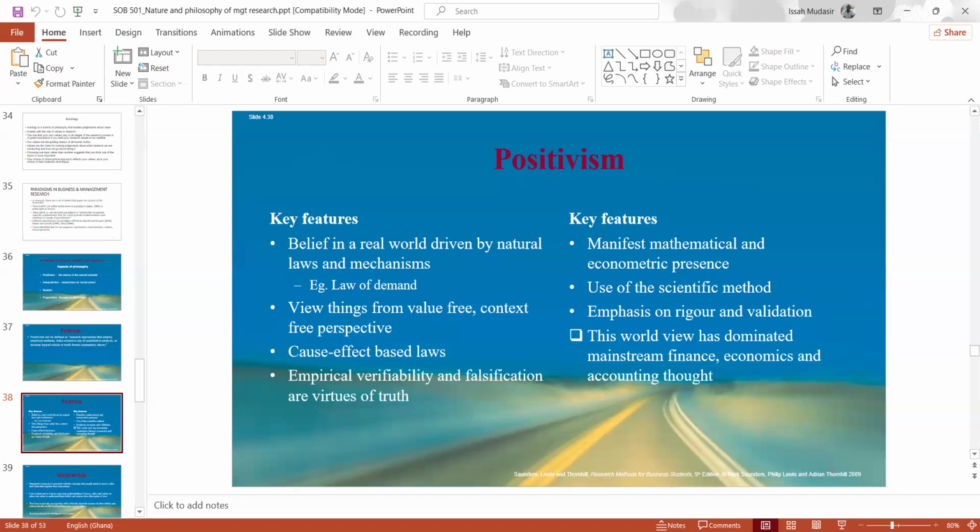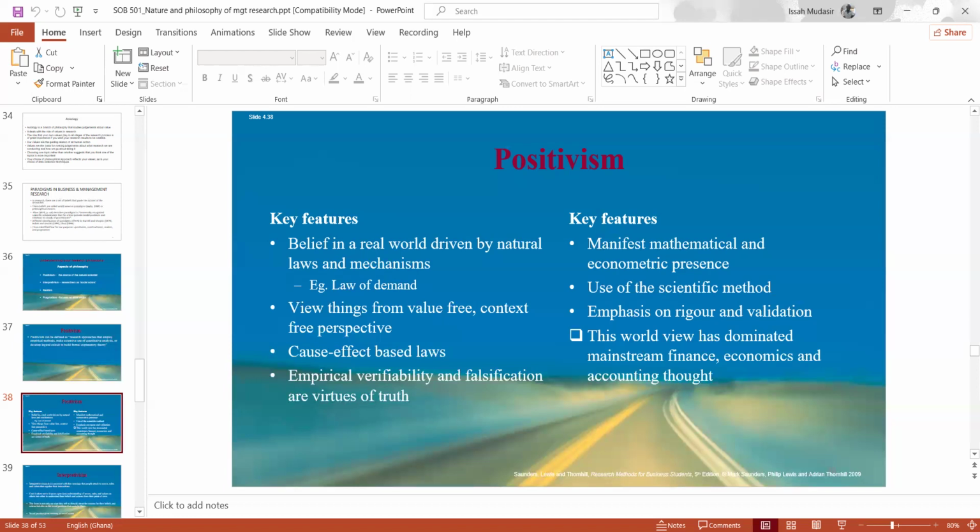Falsification. So, for instance, in their view, if I say that the world will come to an end tomorrow, then that is a valid research. That is falsifiable. Because it provides the condition under which the statement is false. And what is the condition? If after tomorrow we see that the world has not come to an end, then my statement has been falsified. Okay? So that approach is what we call falsification.